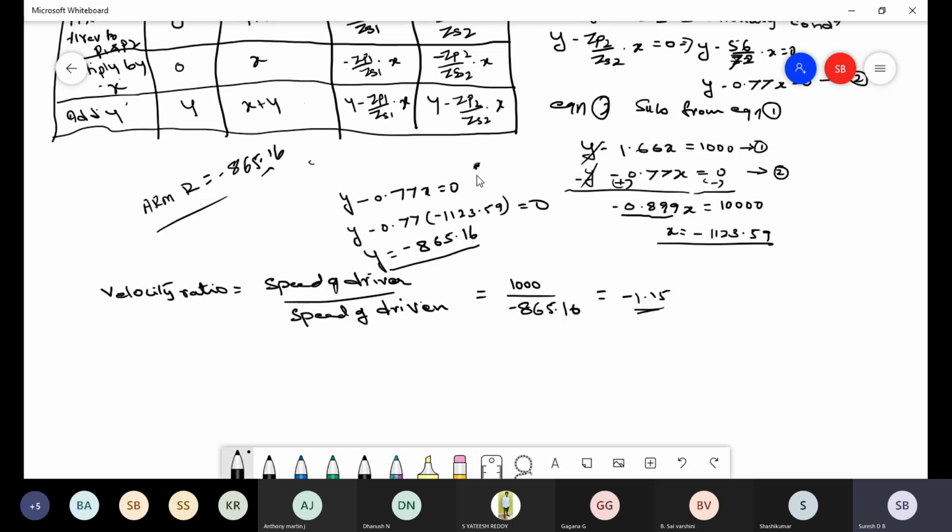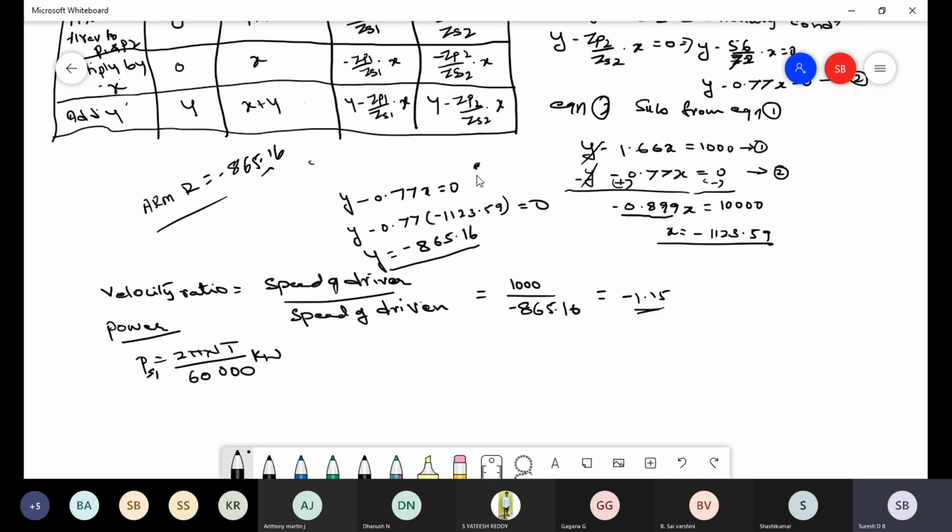The S1 gear transmits 7.5 kilowatt power and rotates at 1000 RPM. How to find power? The formula is power P equals 2 pi N T divided by 60. If the power is in watts, divide by 60; if in kilowatts, divide by 60,000. Which gear transmits the power? The sun gear S1.